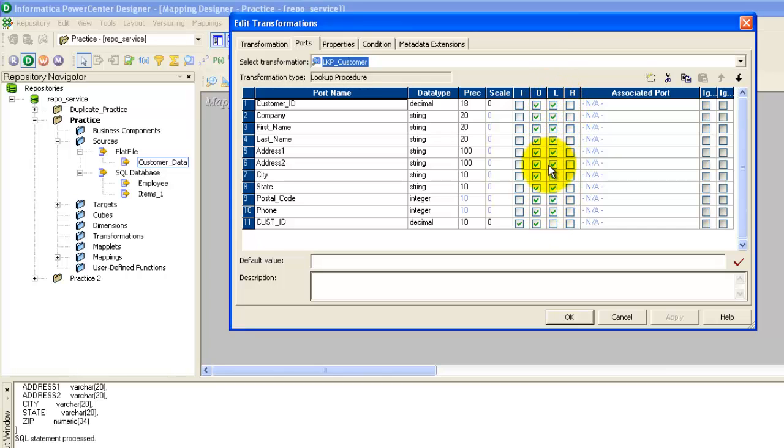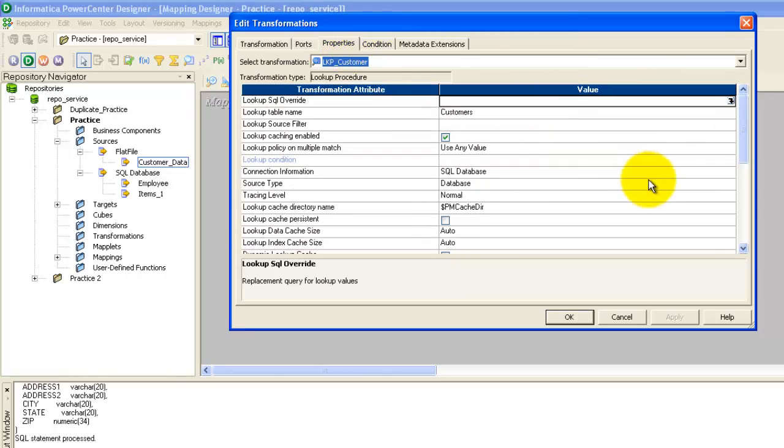By using this column, we will be looking up into the existing database for existing records. Everything else is as is, but the new thing here is the lookup port. Now we will go to the properties tab.